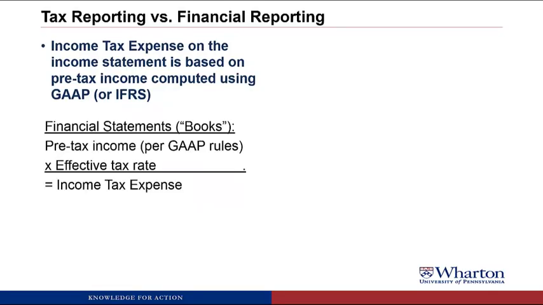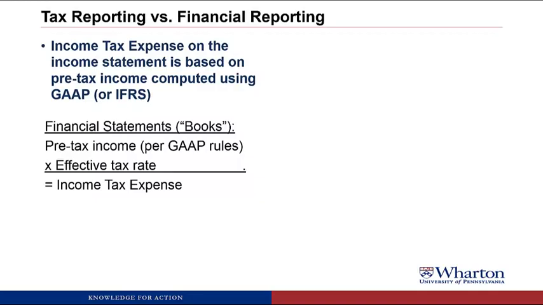Just as a note for these videos, if I talk about books or book income or book taxes, book stands for financial statements. It's a lot easier to say books than financial statements over and over. So on your books, you have the pre-tax income per GAAP or IFRS rules. You multiply that times the effective tax rate, and that's what's going to be the income tax expense